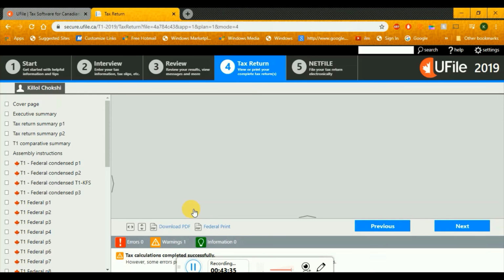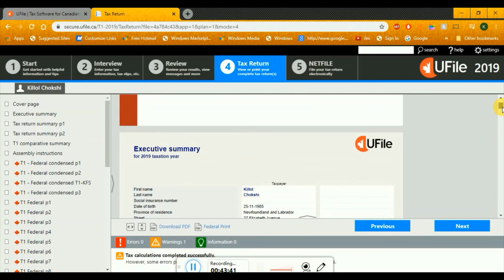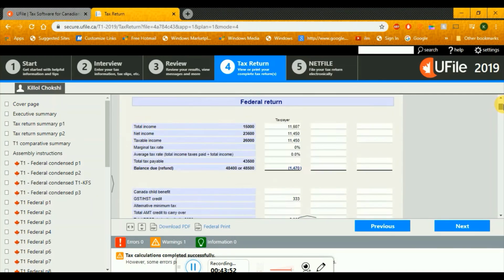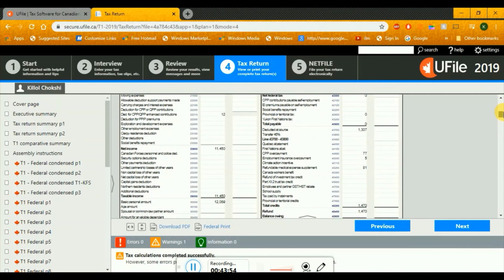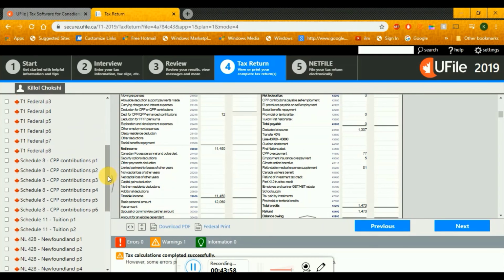So once I've accepted it, it generates a PDF, which is an entire summary of what I've submitted. And you can download the PDF if required, or you can keep it as it is, doesn't matter. Now regarding GST HST quarterly payments, which I was discussing, if you scroll down,